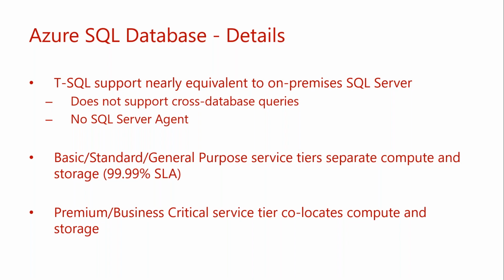Just a brief dive into the service tiers here, because we don't have time to go into every tier and every nuance about what these are. You see the three listed in the second point there. Their compute and storage is separated. So their performance is generally going to be pretty good for most of your workloads, but again, those that demand really high speed, these may not be the right landing zones for you. You do get an SLA of four nines, which is really solid. But if you need something a little bit faster,